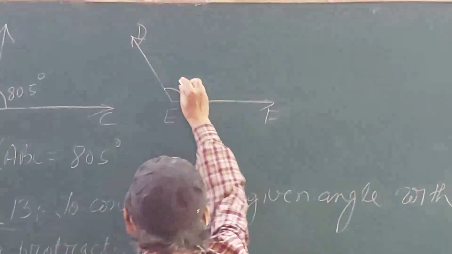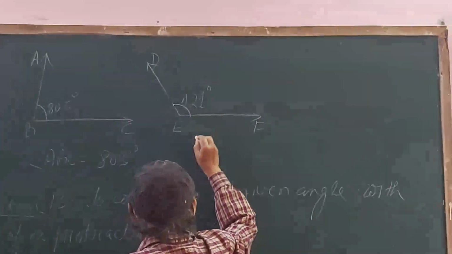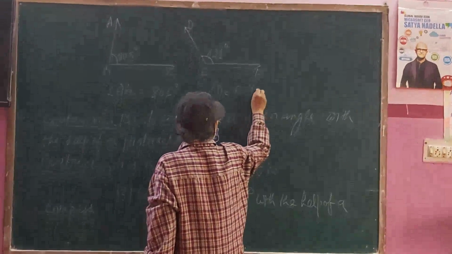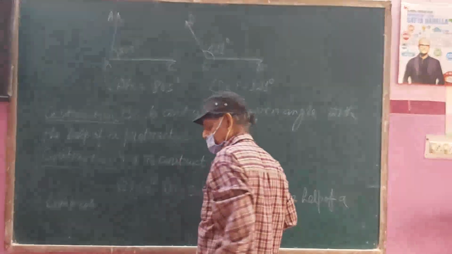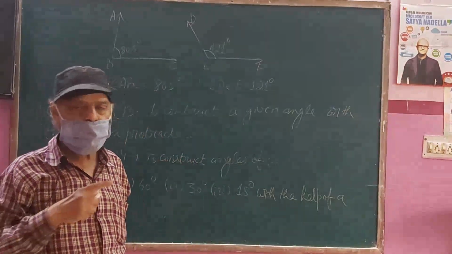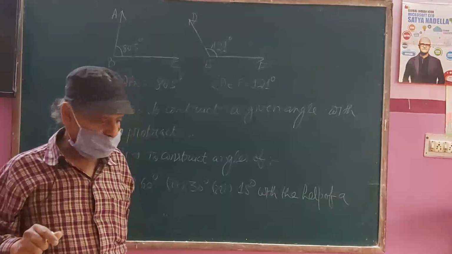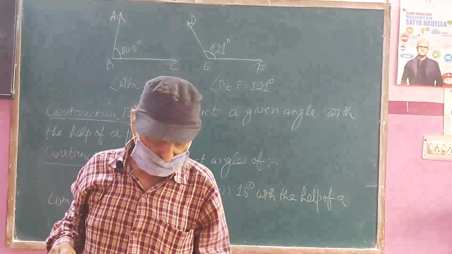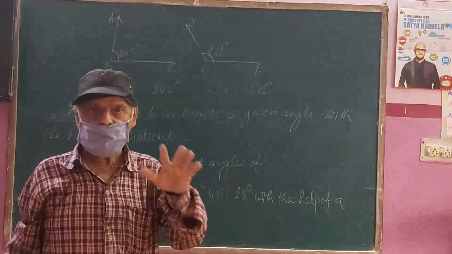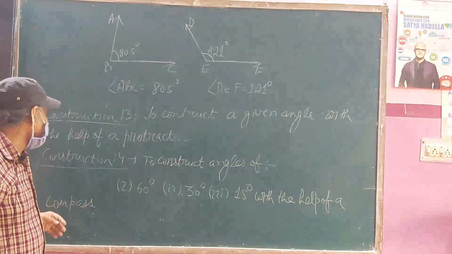You know angle DEF is an obtuse angle. It is, as you know, 121 degrees. So you can write here angle DEF is equal to 121 degrees. Before writing the degree, you have to check whether it is acute or obtuse. When you decide it is obtuse or acute, you take your lower scale or upper scale accordingly. That is up to you. So my problem is completed.